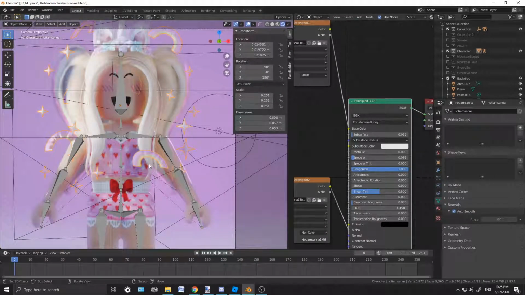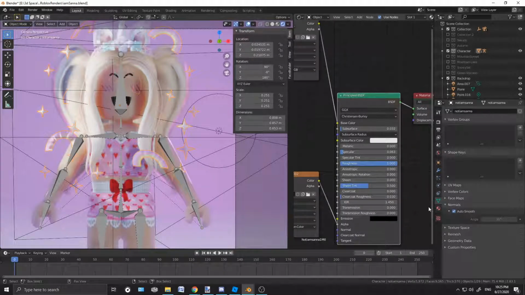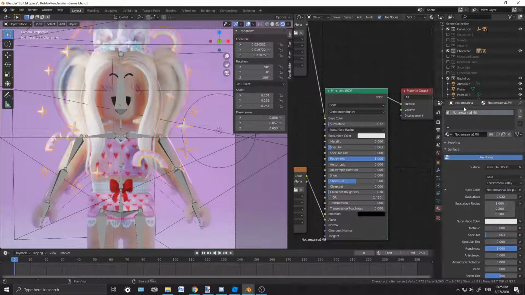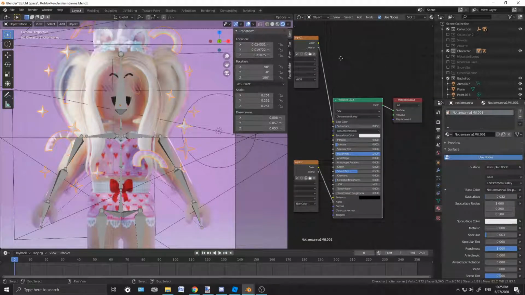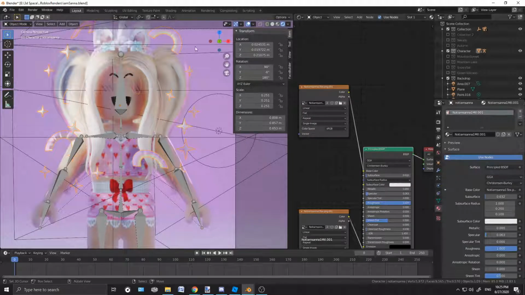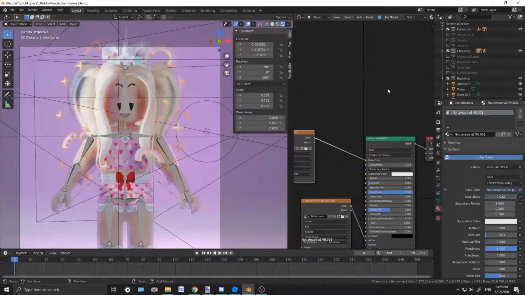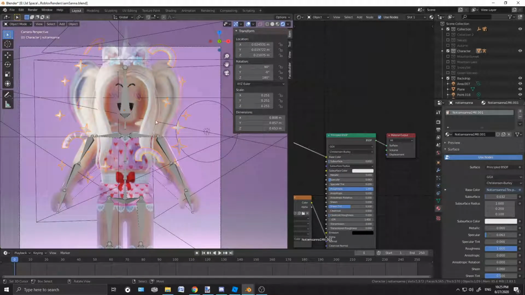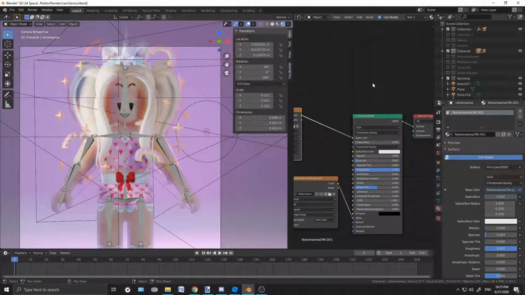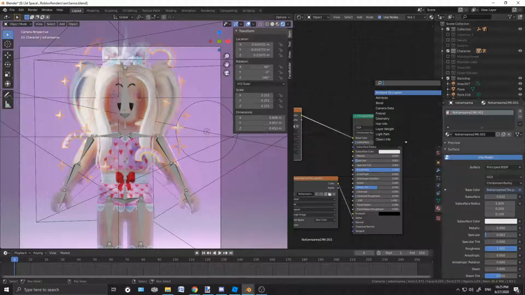I'm going to actually turn these into a separate material. So I select what I want to change. I come to my material here and then hit this icon. And what that does is it creates a duplicate material of what we just did. So now that I've done that, I want these things to glow. That's the goal here. So I'm going to create a new